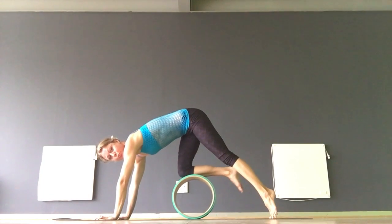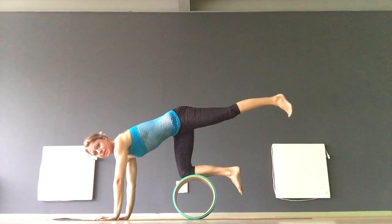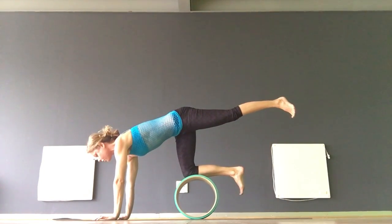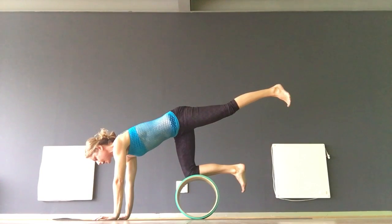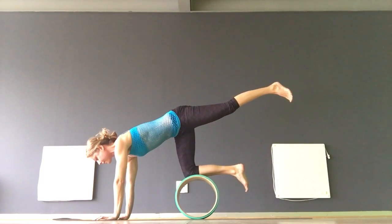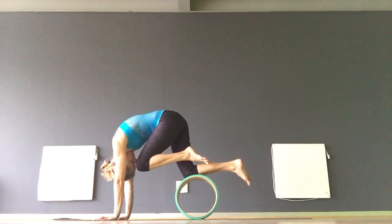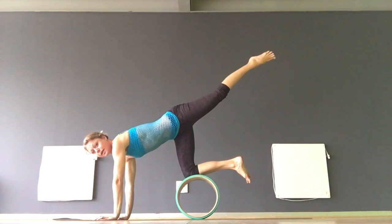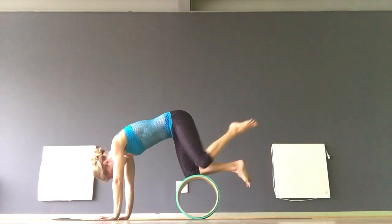You got to keep pulling that knee towards the armpit. Shoulders over wrists. Chest parallel to the floor. Activate those fingers, strong fingers. Thumb and index hugging towards each other. On your next exhale, left knee to nose. Inhale, extend. Exhale, knee to nose. Inhale,